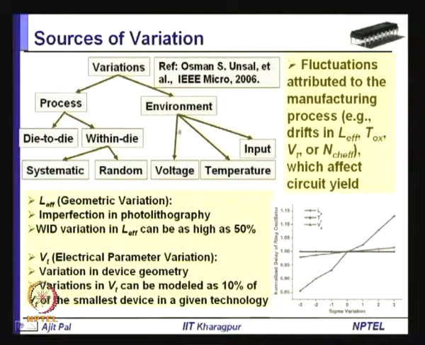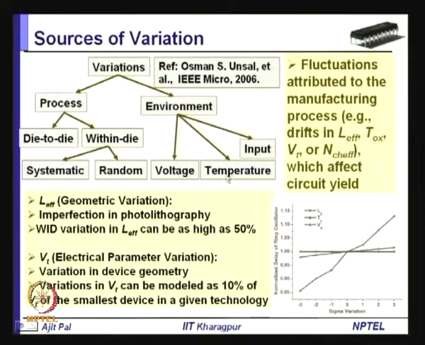And then coming to the environment, you can see there are three parameters: voltage. Voltage may keep on changing because of various reasons. The supply voltage may change, or because of IR drop on the power line, voltage may change, there may be glitches. So, this is the environment, that means the environment in which the CPU chip is working is changing.